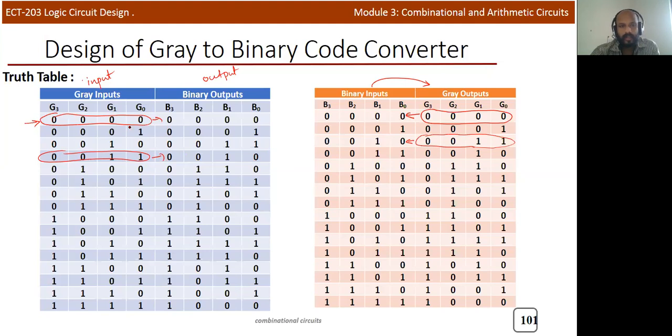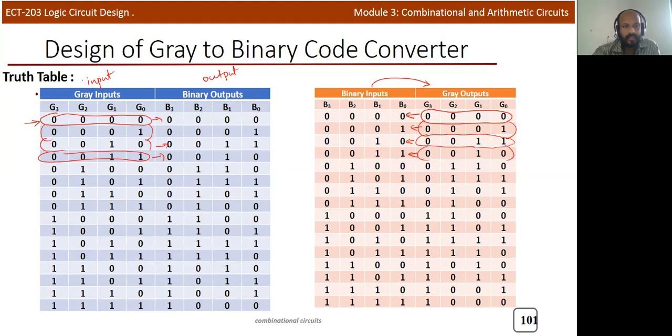Okay, see here it is written next value 0 0 1, so we need to find the 0 0 1. So this is 0 0 1. For 0 0 1 corresponds to 0 0 1 itself, so this is the second value. And third value 0 0 1 0, so 0 0 1 0 corresponds to 0 0 1 1. So here you can see that 0 0 1 1. So in the reverse order you need to write in this particular truth table, that is gray to binary.